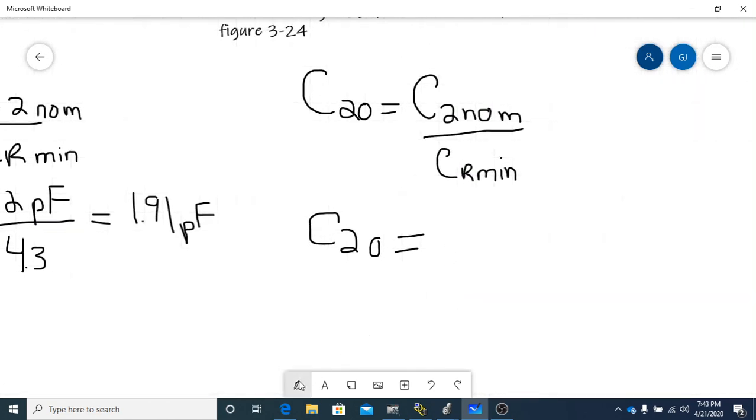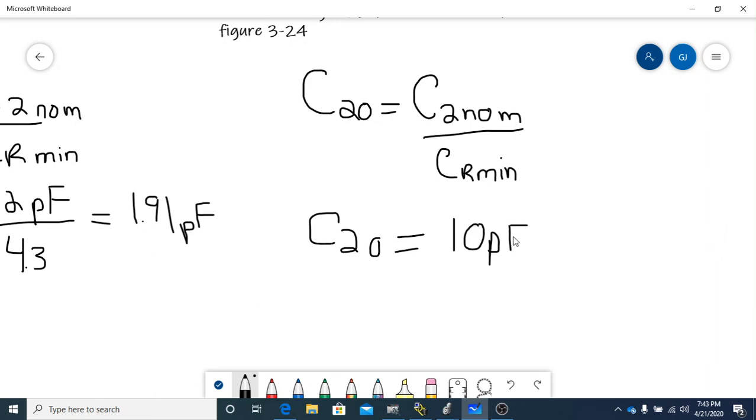Okay, so that's going to be 10 picofarads divided by 4.5, which is the ratio. So 10 pico divided by 4.5 equals, and that should be like 2.22